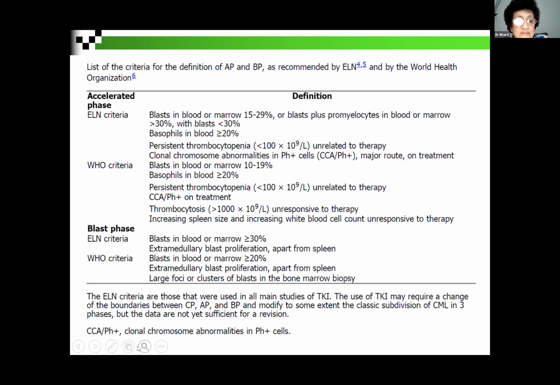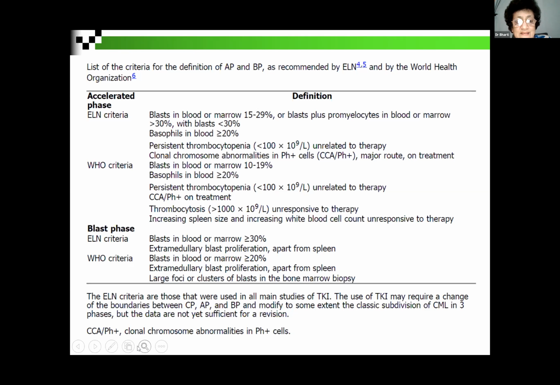And another difference is that the thrombocytosis more than 1000 × 10^9 unresponsive to therapy is also considered as accelerated phase, and increasing spleen size and increasing WBC count unresponsive to therapy. So a lot of things are overlapping, and that depends on the clinical case. One has to decide. Similarly, in blast phase, ELN says that the blast should be more than 30%, and while